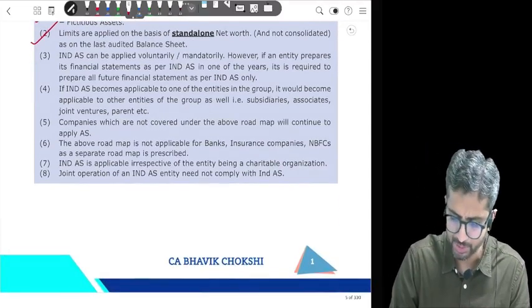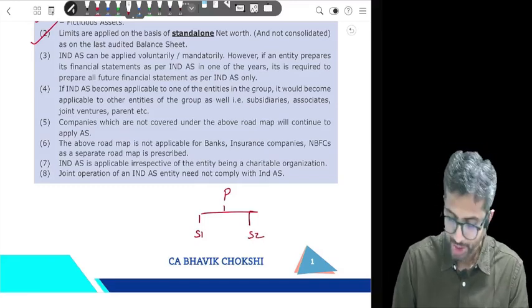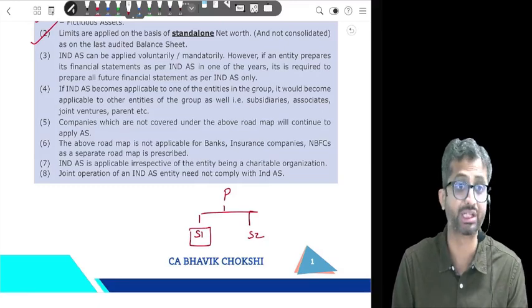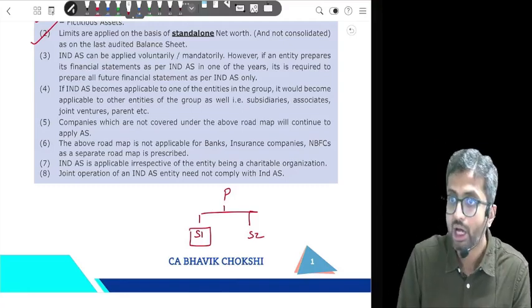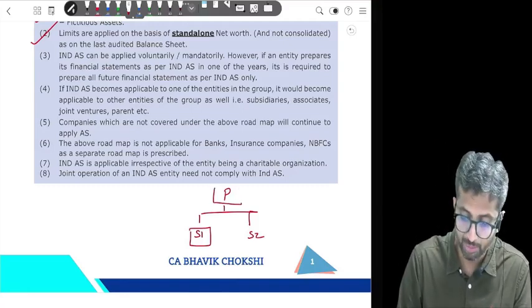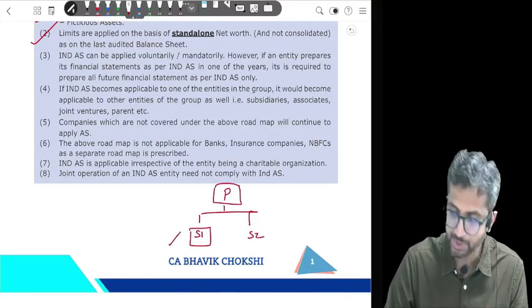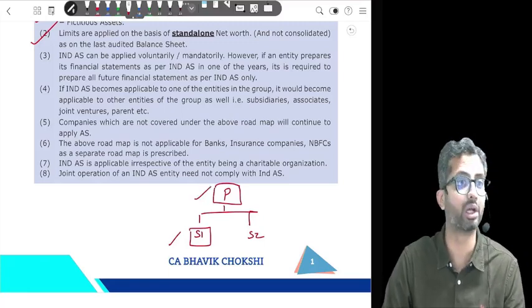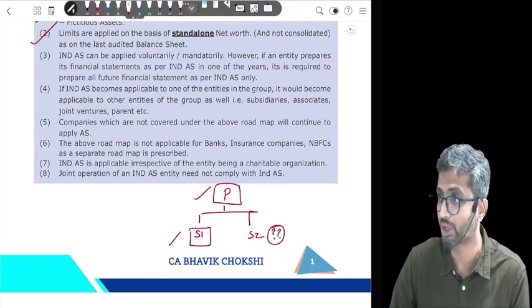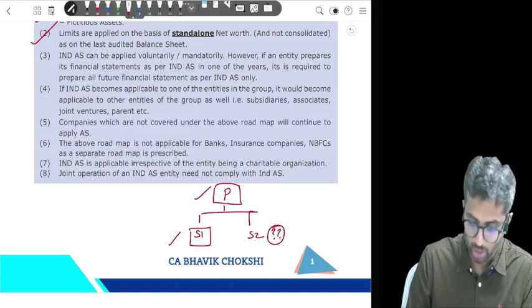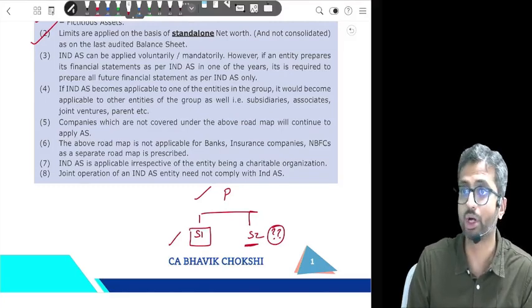You understand what is meant by fellow subsidiary? Well, there is a parent, there is S1 and then there is S2. So let's say S1 crosses the limit, let's say S1 is like Tata Steel. Tata Steel crosses a limit, so its parent company, Tata Sons for example, will automatically go under Ind AS. So if a subsidiary follows Ind AS, the parent will automatically go under Ind AS. Now the question is, will a fellow subsidiary also fall under the Ind AS framework? Theoretically, yes. Why? Because if the parent is following Ind AS, then S2 automatically will go under Ind AS.